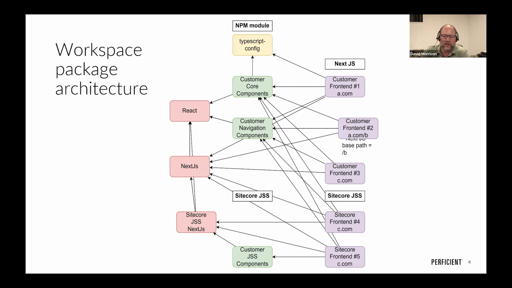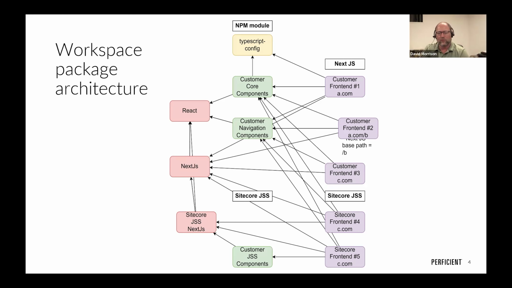So on the right side is finally where you have multiple web servers, as many as you want, referencing your core components. So for example, my main front end, number one, sitea.com, I'm going to use the core components. I'm going to use the navigation components and have that full set of dependencies. Site 2 might have the same dependencies. It might not.